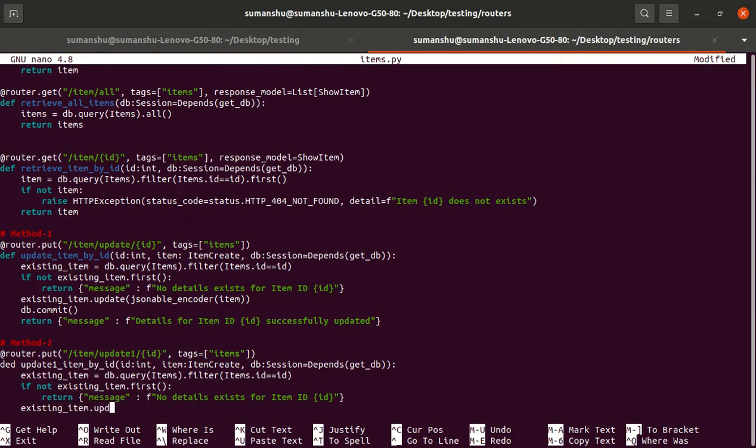Otherwise we use existing_item.update. Now we will not use the jsonable_encoder, but we have one attribute, a magic method, underscore dict. This dict automatically converts the Pydantic schema to a dictionary object.